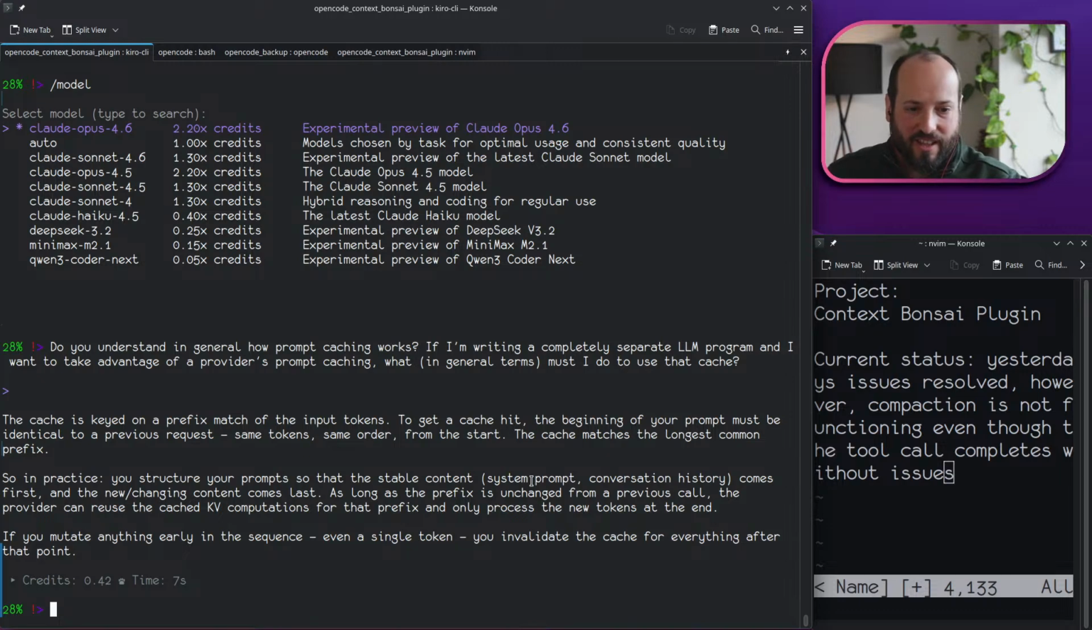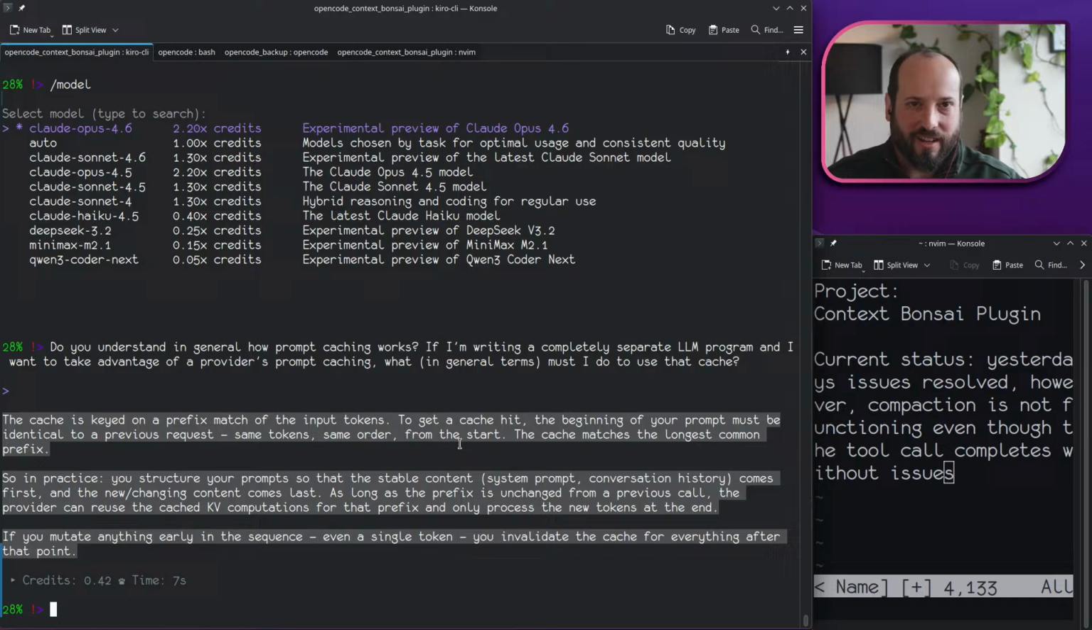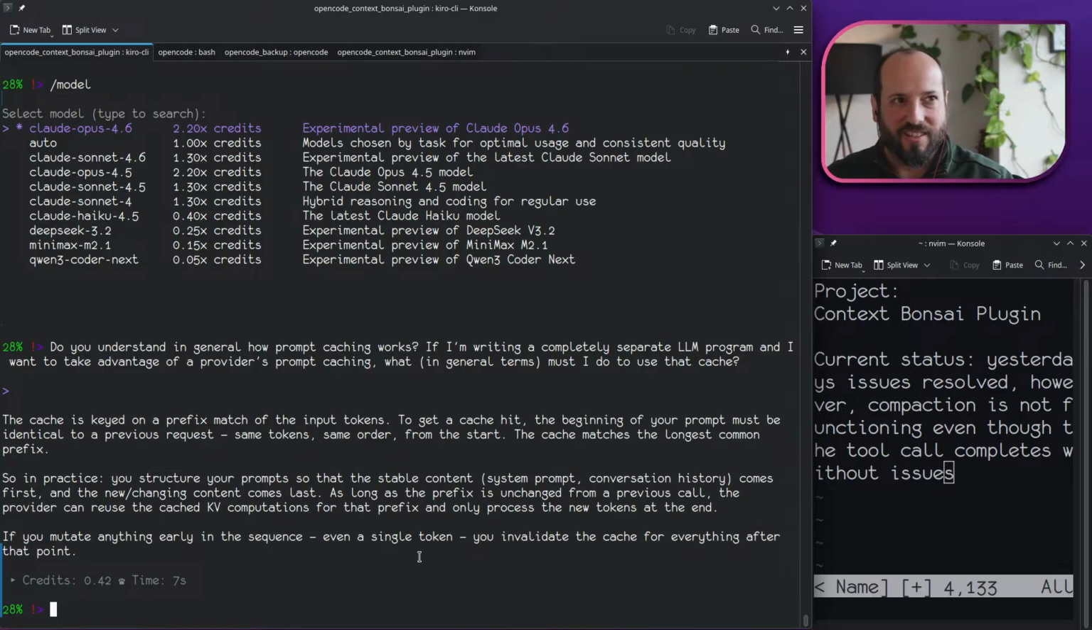Good, so it understands, and now I've sort of triggered that part of the LLM's latent space, what it's thinking about. And it specifically says, if you mutate anything early in the sequence, even a single token, you invalidate the cache for everything after that point. Okay, so it understands that much. I was hoping that it would spontaneously realize, given the conversation we've had, that means its conclusions about the cache are not applicable. So rather than tell it it's not applicable,